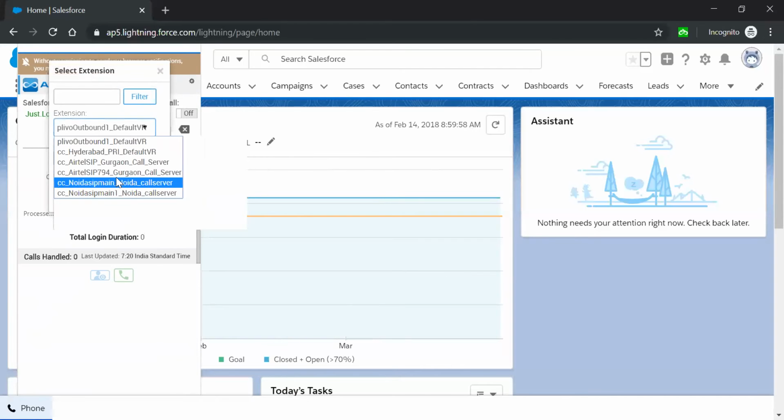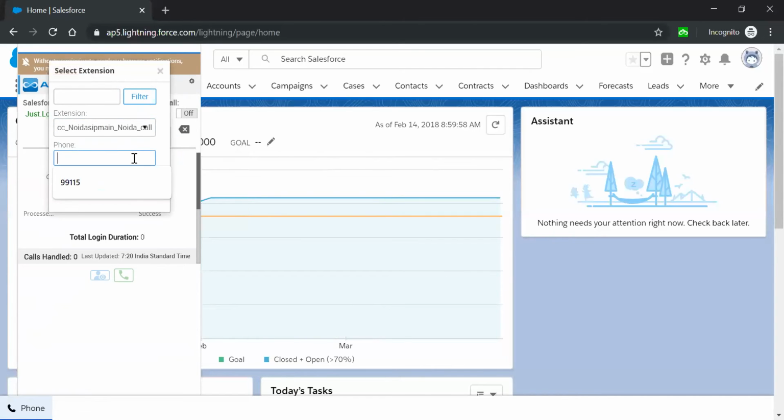And now I have to put down an extension number. So this is basically the agent's phone number on which he would be receiving calls as well as initiating calls. The alternative to this is WebRTC, which is a default offering that we pitch. The advantage of having WebRTC over here is that firstly, it will eliminate the need for any hard phone or soft phone. As an agent, I'll just need to plug in my headsets and I'm good to go. And this part of putting down the extension number would also not be required.